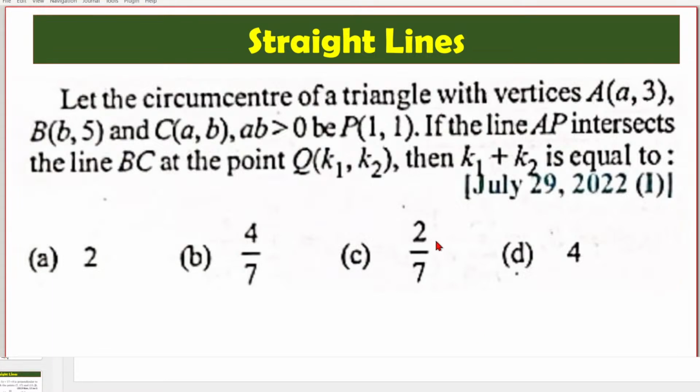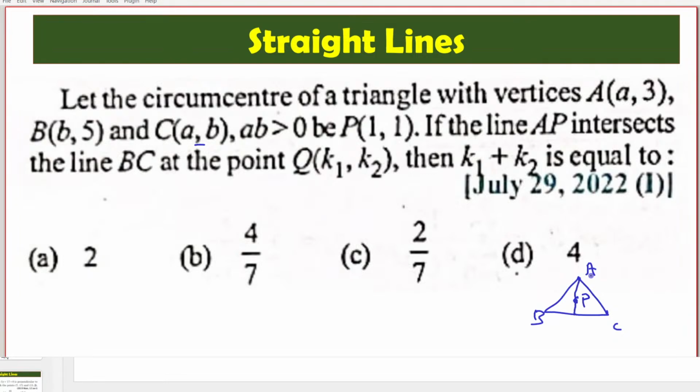Here we are given this triangle, the three vertices (a, 3), (b, 5), and (c, a, b). We are also given the product of a and b is greater than 0, and P(1, 1) is the circumcenter. Right, we have a triangle something like this, A, B, C, and we have a circumcenter here, P,